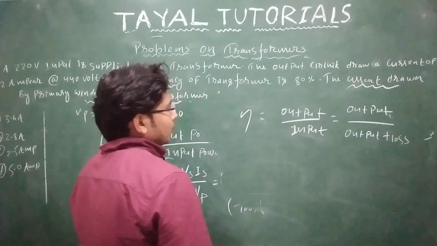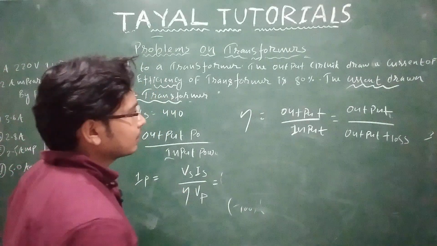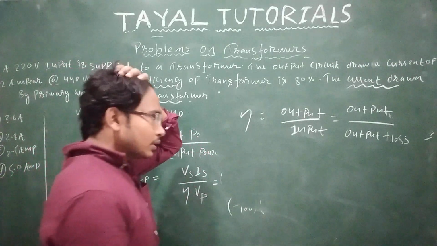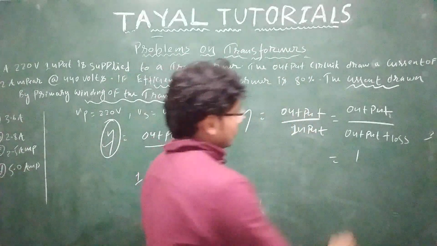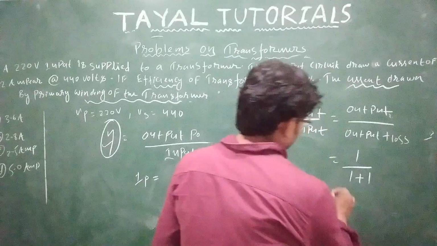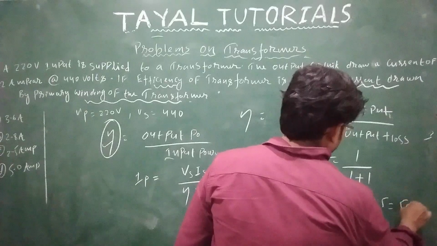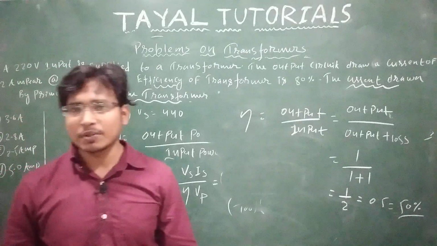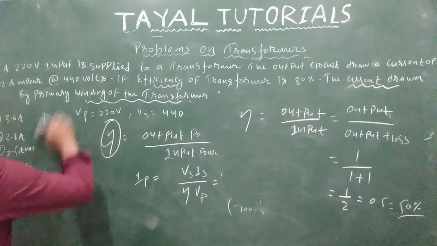Fine. For ease of calculation, I am writing that 100% as 1, I am assuming that rating as 1. Okay, so this is 1 rated, 1 plus 1, loss is 100%, I have taken that as 1. So 1 by 2, that will be 0.5, that will still be 50% efficiency. If there is 100% loss in a transformer, there will still be at least 50% efficiency. Okay, so this is your transformer problem.